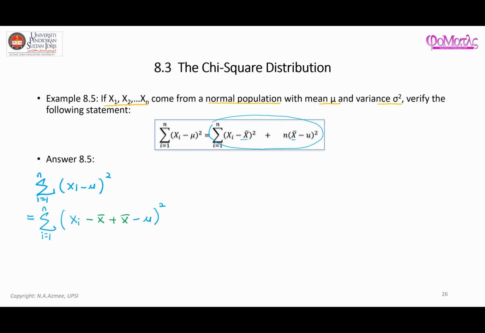So notice that I have introduced something which is negative x bar plus x bar into the original part here. But notice that this is the same thing as introducing 0, because x bar and negative x bar will actually cancel out. So it means that I introduce something without changing the original statement that I have here,